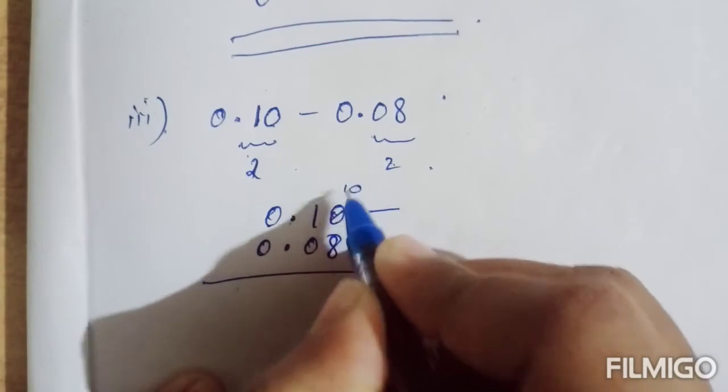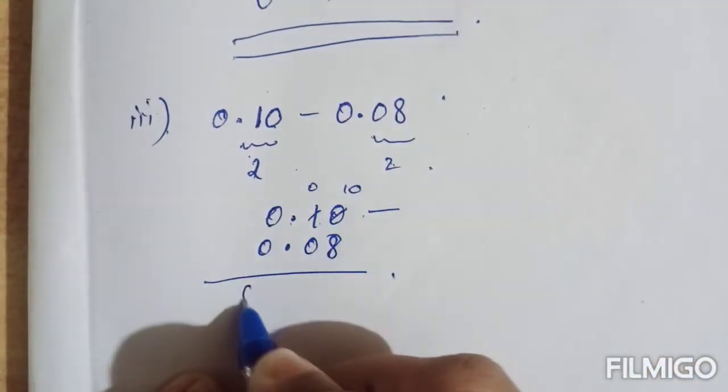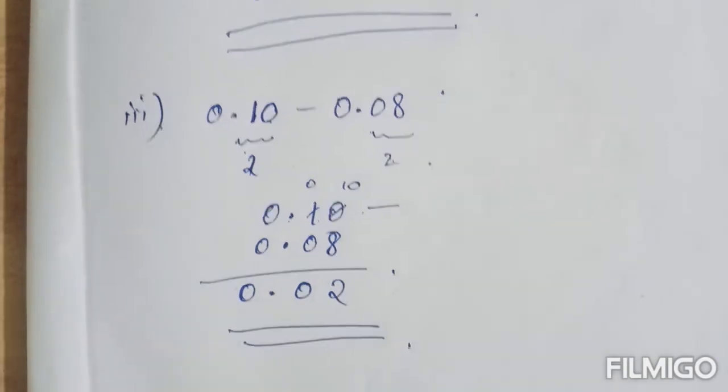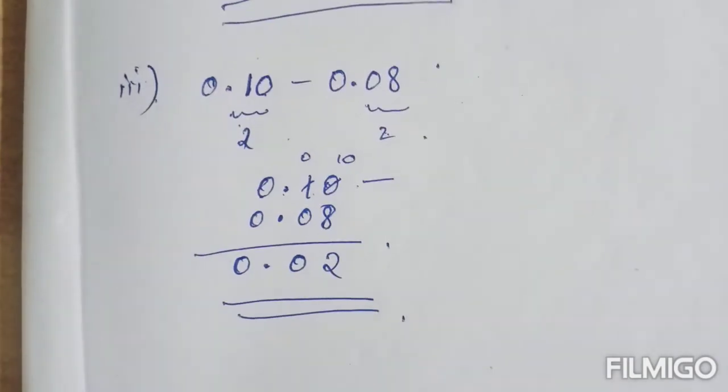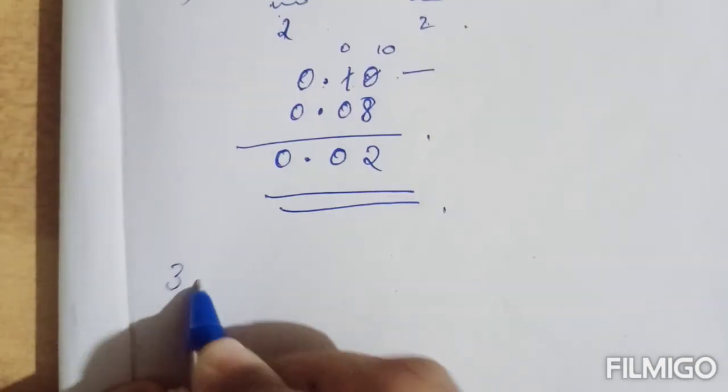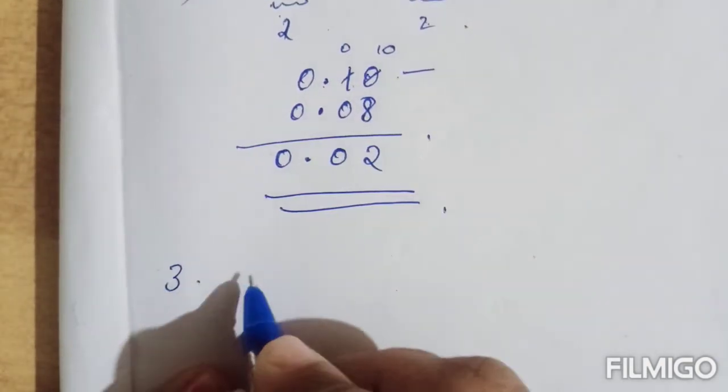On subtracting, what you will get? It is 0.02. This will be the answer. Okay, the fourth one you can do as homework. Now question number 3, subtract. In that first one,